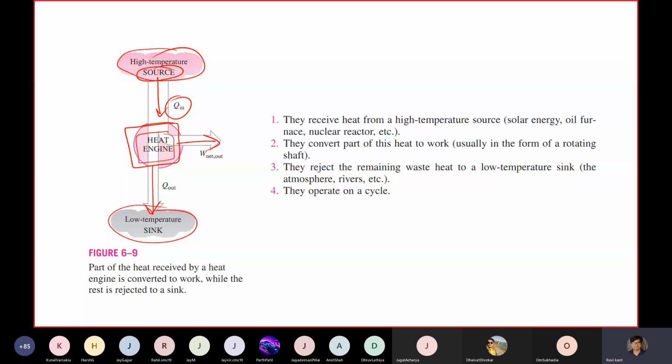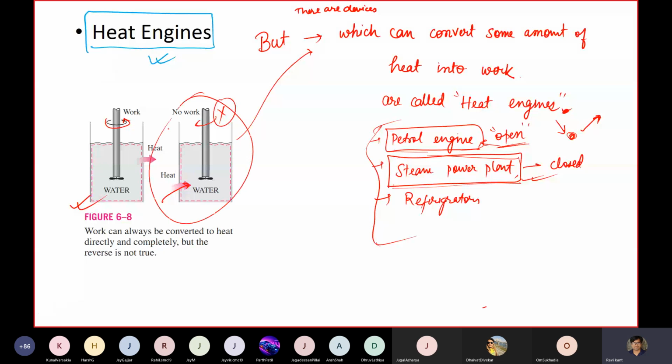This is how a typical heat engine process works. A part of the heat received by the heat engine is converted to work, while the rest is rejected to the sink. It takes some heat from the high temperature source, throws some heat to the low temperature sink or atmosphere, and in between it does some work. So we can see heat is generating some work here, but in a clever way. It won't do it spontaneously,